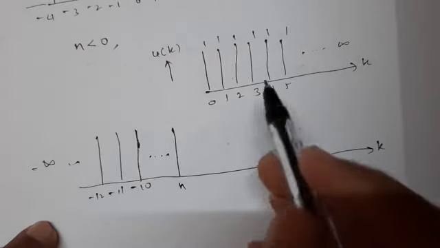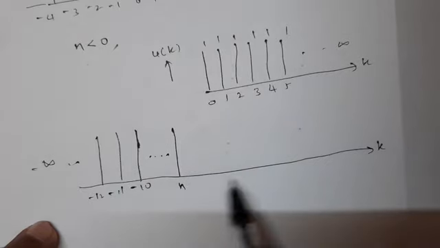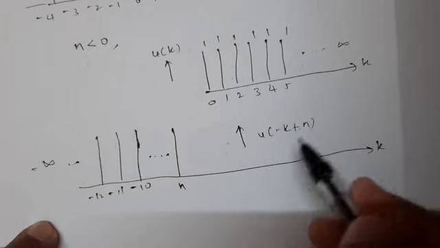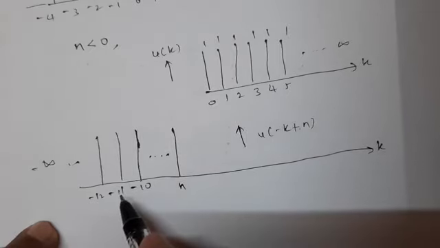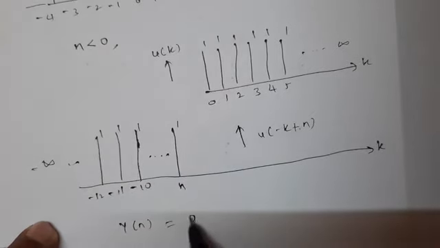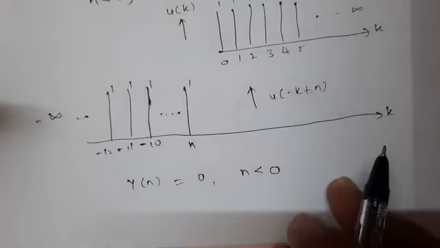So now you see that these samples never get overlapped with the samples of this signal, which is u of minus k plus n, where n is less than 0, and hence you can write y of n. These amplitudes are 1. y of n is equal to 0 for n less than 0. Similarly, try to check